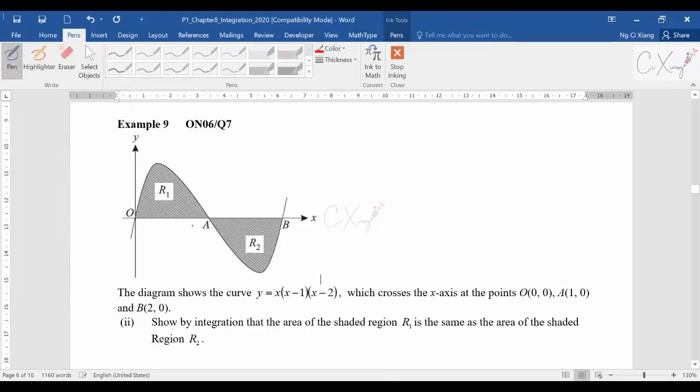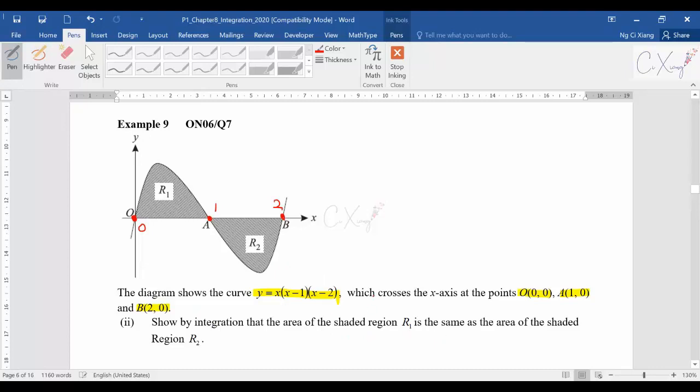This is the figure that they already give us. So somehow you see that A-level questions sometimes are still not too bad. At least they'll give you some figure here, which is very useful. They give you this curve. They also tell you it crosses the x-axis at the points 0, 0, 1, 0, and 2, 0. So this one is 0, this one is 1, and this is 2. Then after that, show by integration that the area of the shaded region R1 is the same as